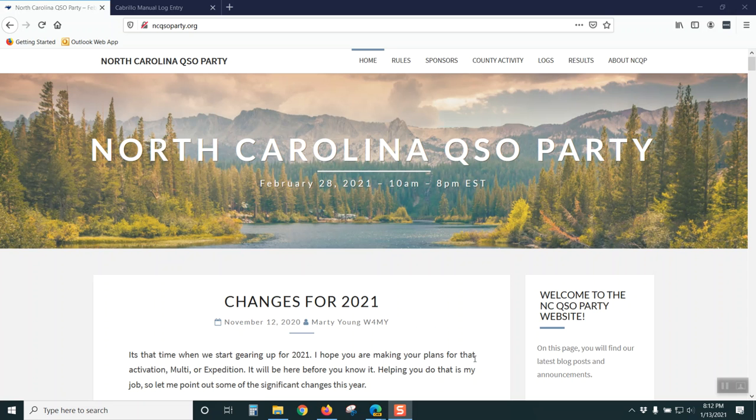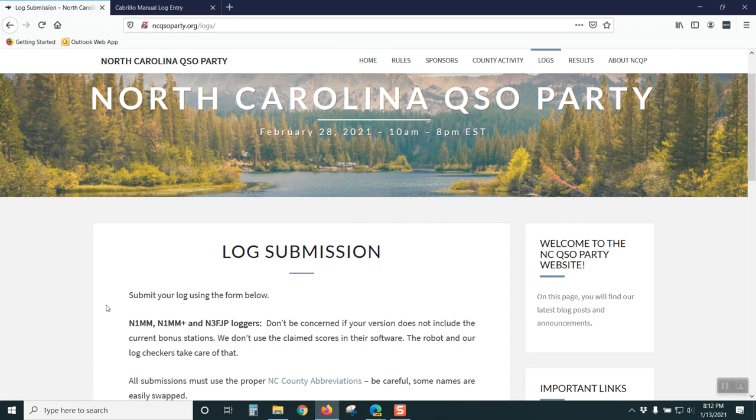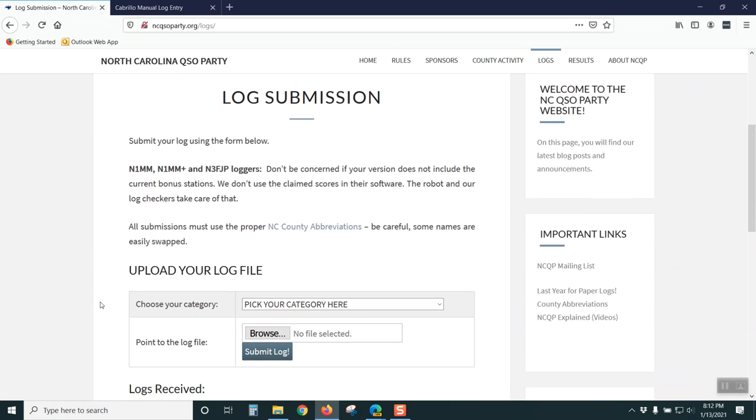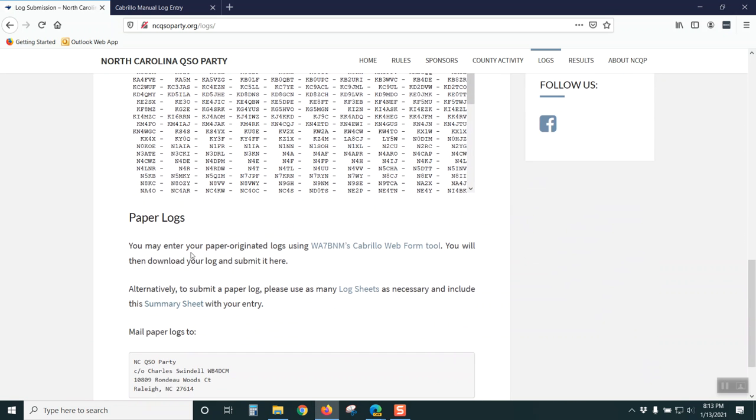be scored and submitted. So here on the home page, we're going to go to the top where it says logs in the menu, and we're going to click on logs. We're going to scroll down past where it says log submission, but it should be noted that this is where you will turn in your file when you're done with this process. We scroll down to where it says paper logs, and we go to the link that says